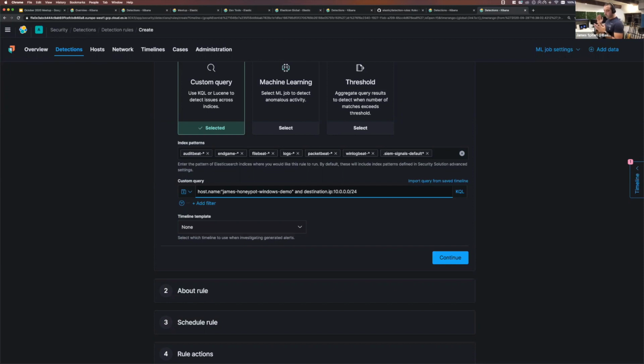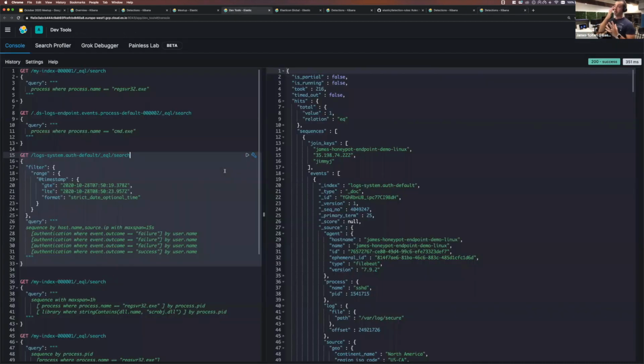So let's take a look at EQL. In 7.9, we introduced it as experimental as an API call, right? So basically, no UI for it yet. It was an API call for people to start getting familiar with the language, for us to improve it a bit more. And I'm going to show you some examples of EQL queries.